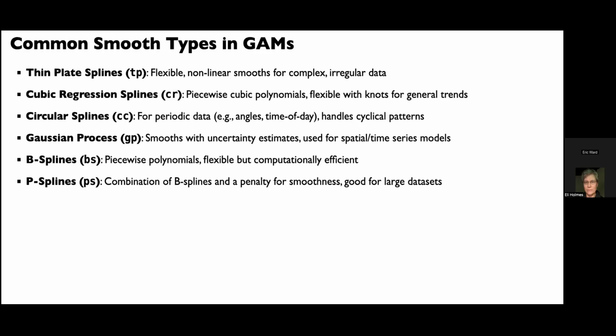Okay, I talked about this a little bit. I'm not going to get into this. The splines just come in lots of flavors. I think that you'll see B splines are really popular. P splines are an alternative to B splines that also include regularization, or a penalty for complexity. The only real one I'll talk about here that's really useful for time series data are these circular